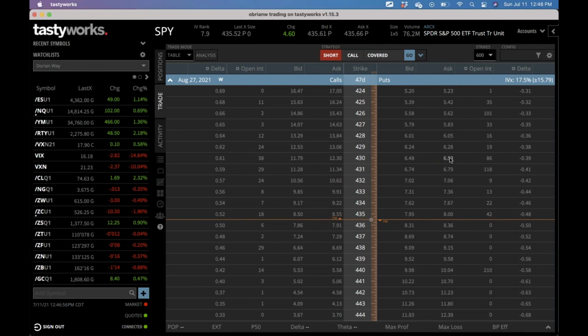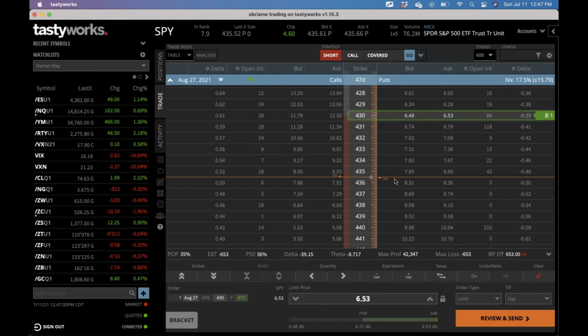So if you click on the ask here, a single option, this is not a spread. A spread is anything more than one option leg, so two or more. In this case, when you click on the ask, it's giving you the market price, and then you can have the mid, as you can see down here, the mid price,